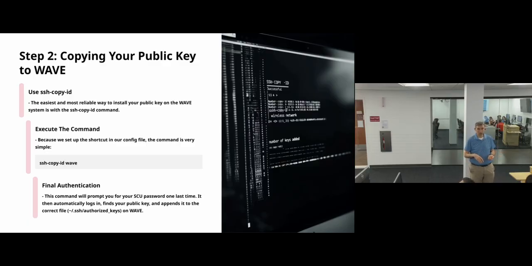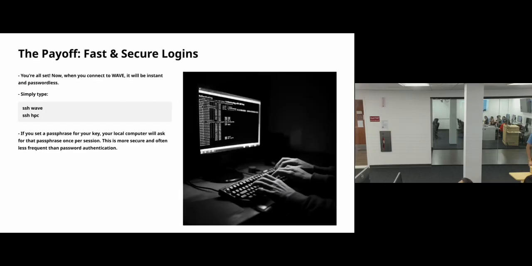So for example, VS Code. If you want VS Code to be able to connect to the HPC directly and start a remote session, you need to do this so that it doesn't ask you for your password every time, right? If you want to copy files back and forth using SCP or rsync, which we're going to cover in a little while, again, if you've done this, then you just tell it to copy a file, it will copy it. Otherwise, it will ask you again and again and again for the password. Okay. So yeah, now I can just type in SSH Wave or SSH HPC, and it will just go in directly.